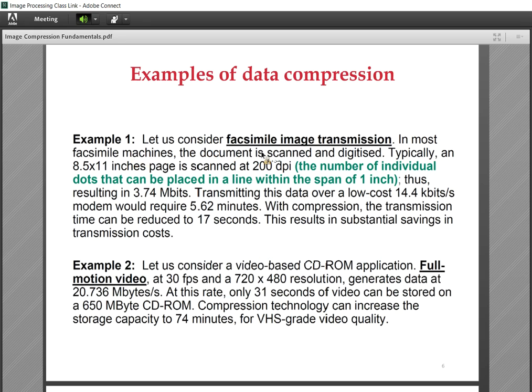Example 1. Let us consider facsimile, or fax, image transmission. In most facsimile machines, the document is scanned and digitized. In old fax machines, typically an 8.5 by 11 inch page is scanned at, for example, 200 dots per inch, DPI. DPI is the number of individual dots that can be placed in a line within the span of 1 inch. This results in near 4 megabits,